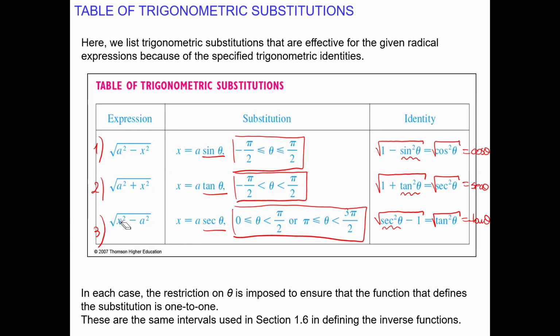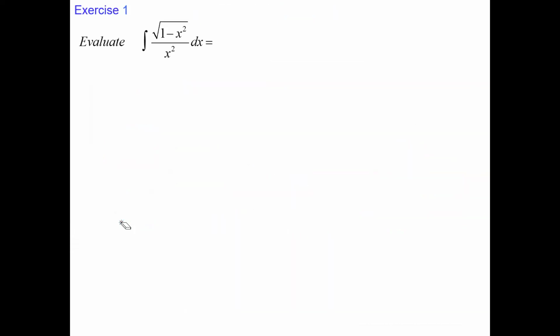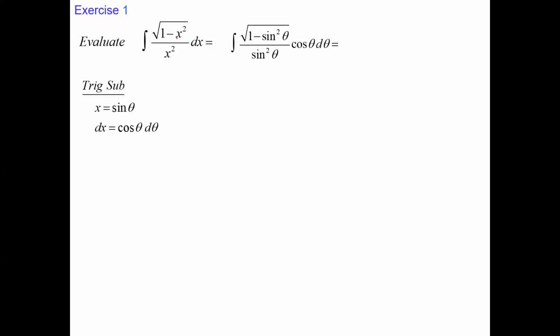Okay, now let's start working. This is good for the trig substitution. And we will let, of course, x be sine theta because it's 1 minus x squared and only 1. dx is cosine theta d theta. Let's replace everything. x is sine theta, and dx is cosine theta d theta. Of course, x squared. And now we can see in the denominator,